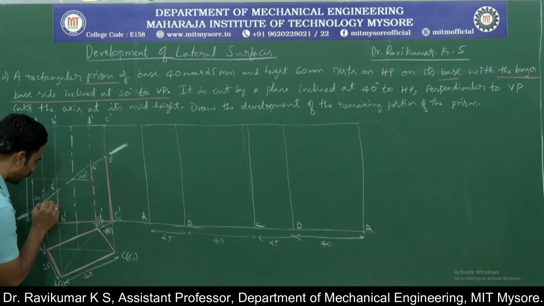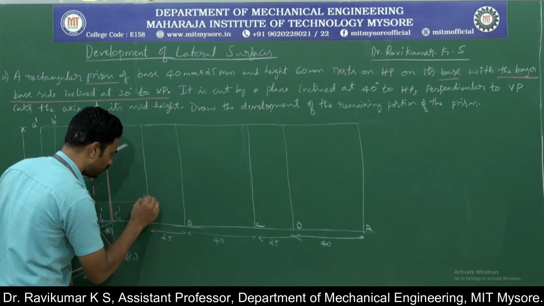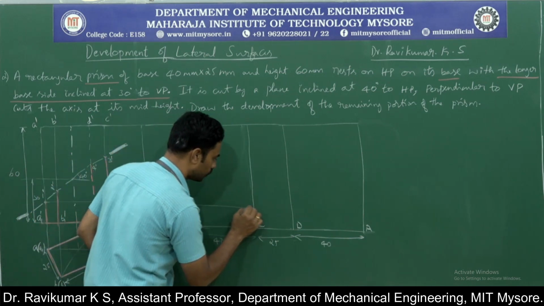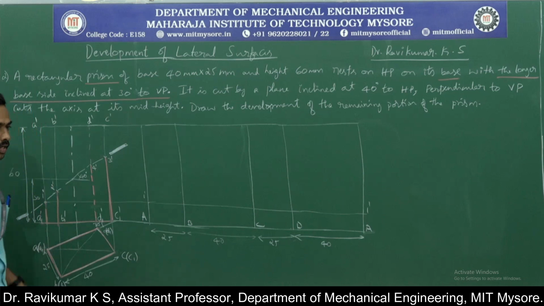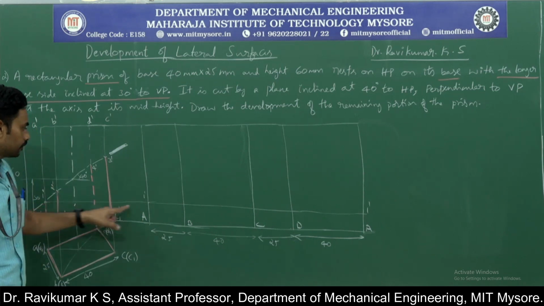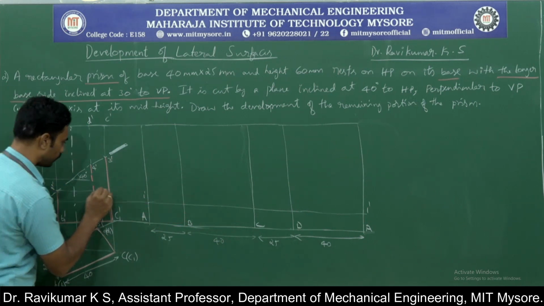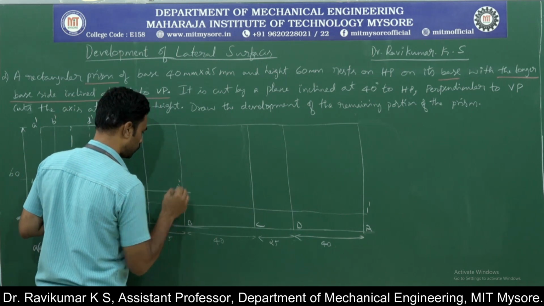From this point draw a parallel line up to A. This is 1 dash, and up to A. A is here also. This is again 1 dash. Just take a horizontal line from 1 dash. Okay. Similarly, from 2 dash, take a horizontal line from 2 dash. This is 2 dash, which is